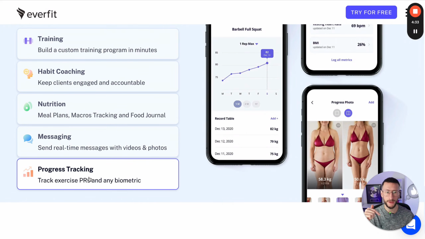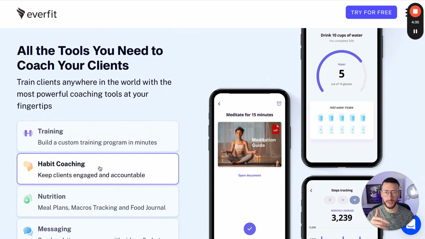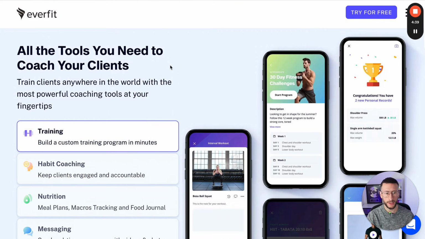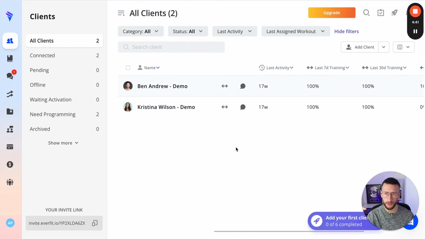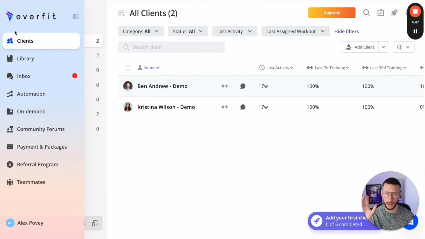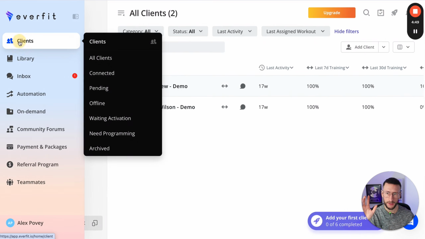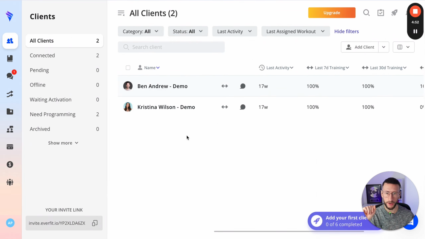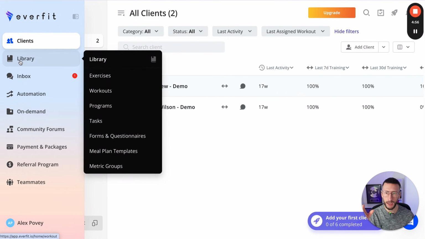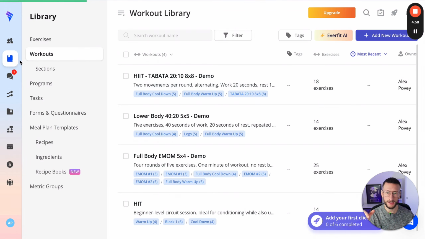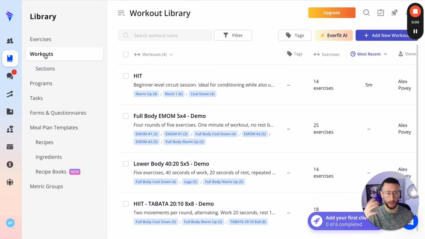Now, later on in this video, I am going to be actually diving into the pricing, what I think of that, and the different plans on offer. But if we go into the application itself right now, let's look at things in much more detail. So this is the dashboard, and this is what it'll look like when you log in. Now, if you go to the left-hand side here, you're going to see clients. So I'm in the client section here right now, where you can see these two clients that are already preloaded in. Then you're going to have library underneath that, where you've got essentially your workouts, you've got pre-made stuff, and